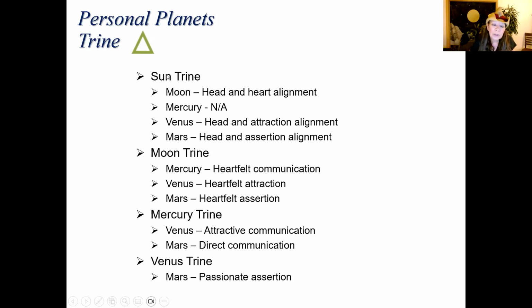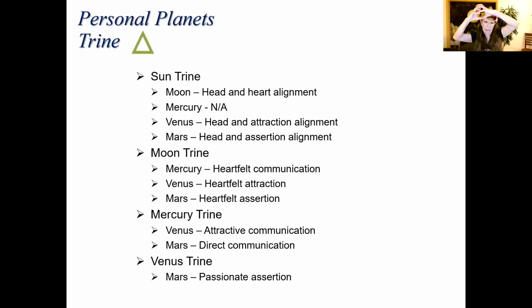You will never see the sun trine Mercury. Why? Because the sun can't be that far away from Mercury. Mercury follows that sunlight around. It'll usually be in the same sign, but it might be a sign after or a sign before, but that's not enough space to have 120 degrees. So if somebody says, oh, my sun and Mercury are trine, womp womp, they don't know what they're talking about, because the sun and Mercury follow really close.